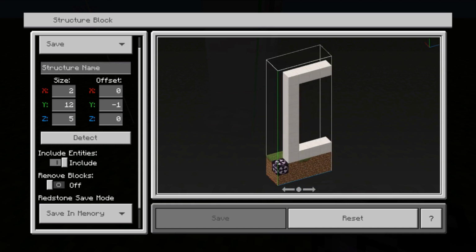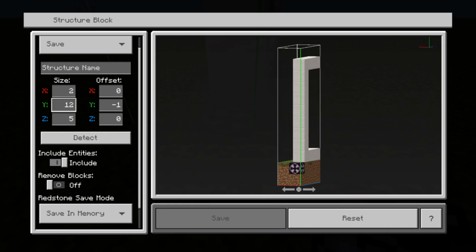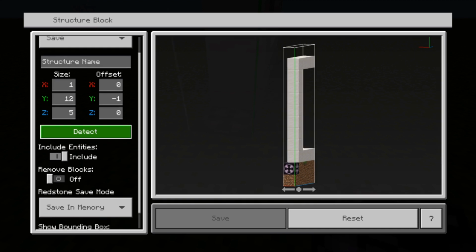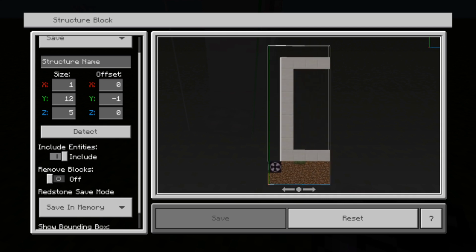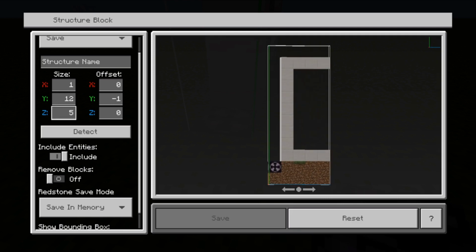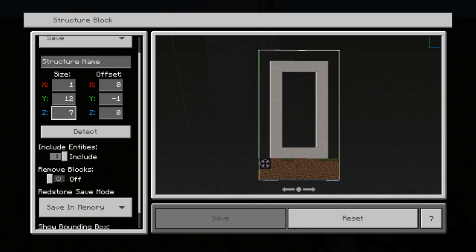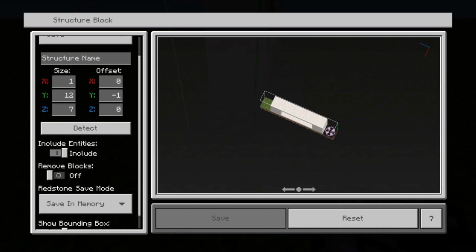Yeah, maybe let's put 1 in there instead, actually. So we've just got that sliver of it, and now we need to adjust the Z coordinates so we get the rest of the structure to the right there, or the left, depending which way you're looking at it. So let's put 7 in there. There we go. So we've now got the whole